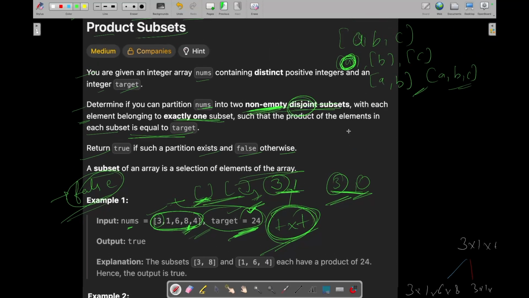Because obviously, if one subset has a product of target, as given in the question, each subset should have a product equal to target, and the other subset should also have a product of target, right? And no elements are common in these subsets. Every element of this integer array occurs once in only one subset. So the product of all the elements should be target into target, right?